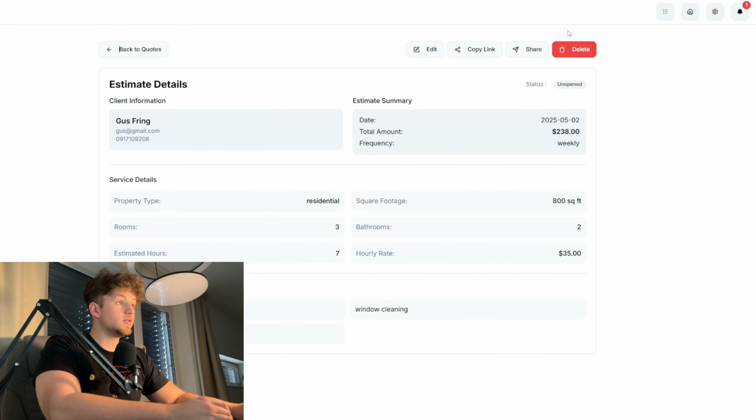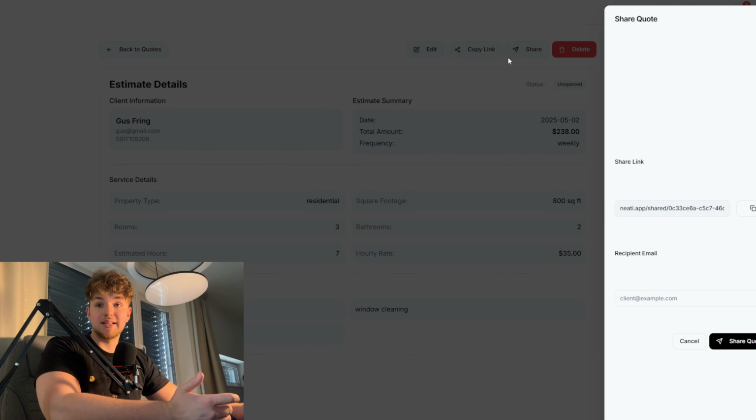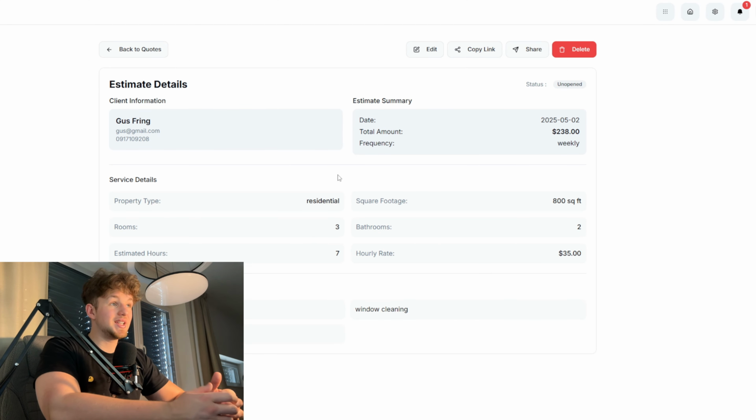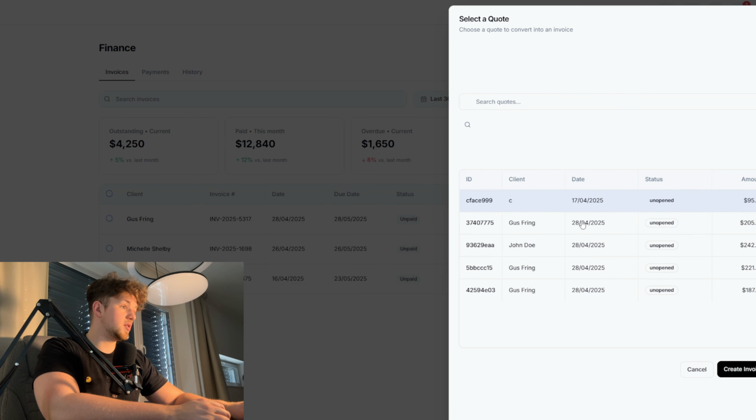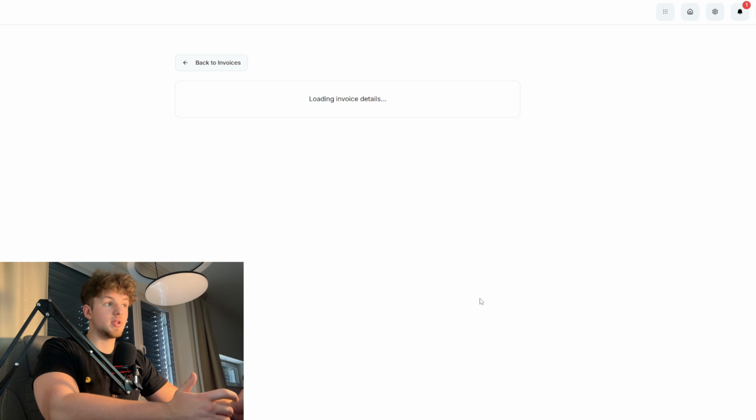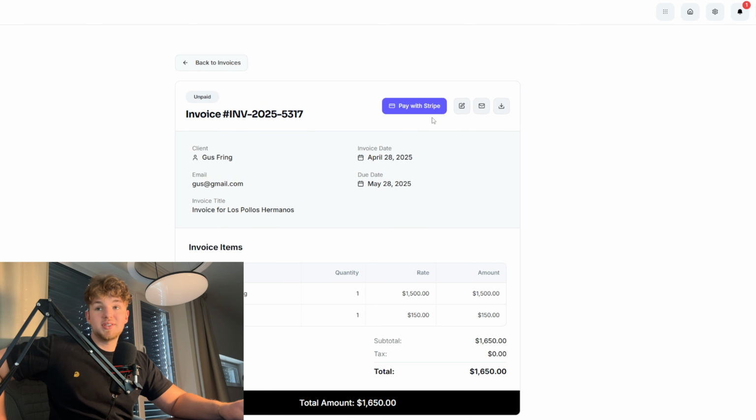You open up this and you just copy the link or just share it to him instantly by email, and he can see it himself right there and then. And if he's okay with it, if he's fine with it right away, then you can just create the invoice right away. You can pass it from your estimates, and you'll have an invoice that you can send to him,